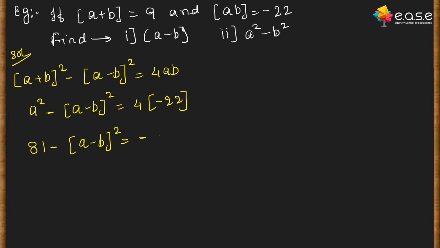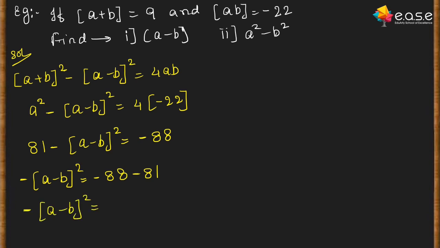Correct? Okay. Now if we take this 81 here, we can shift it to this side. Correct? So what will that give us? This will give us minus (a minus b) the whole square is equal to minus 88 minus 81. That is equal to minus (a minus b) the whole square is equal to minus 169. This minus and this minus cancel, and if you take the square root on both the sides,